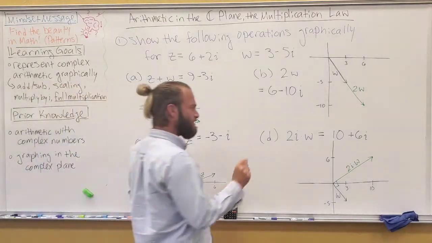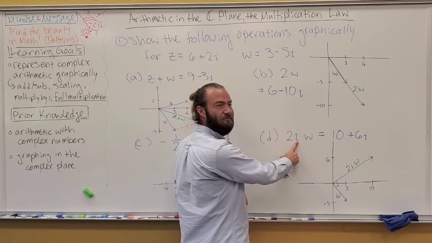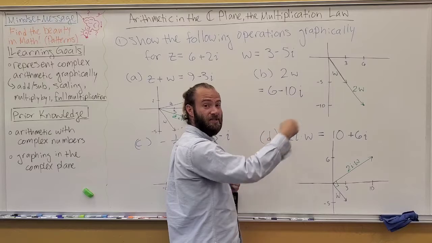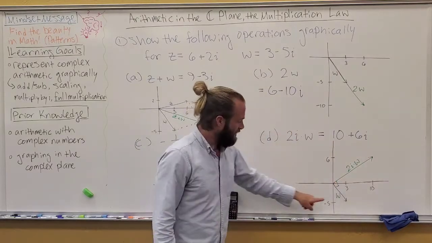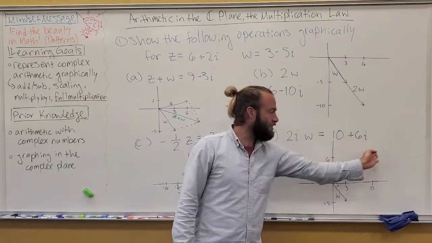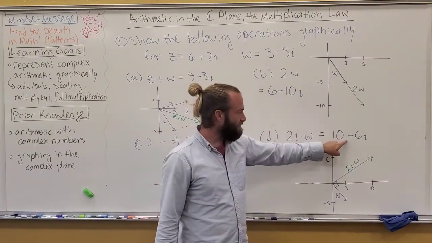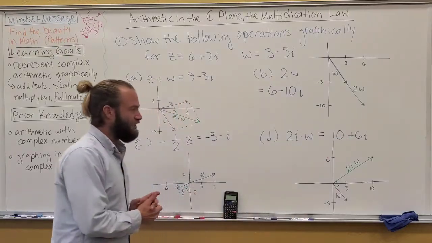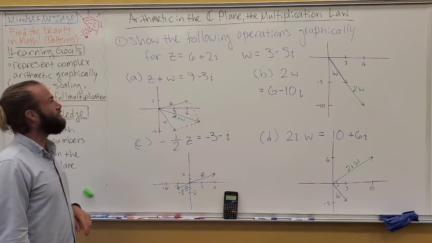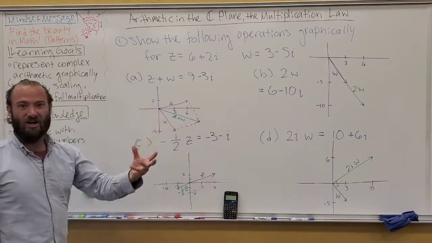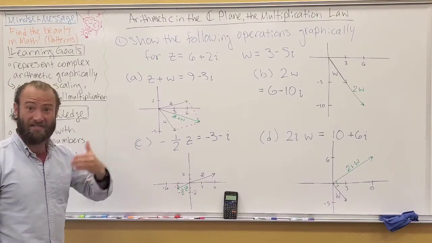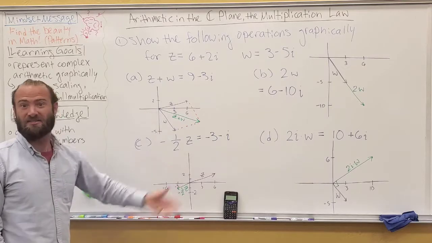And then last, this one's a weird one too. When we multiply by i, 90-degree rotation, right? But then also the 2 makes it twice as long, and that's exactly what happened. If you look at w here, it rotates 90 degrees counterclockwise, but it also becomes twice as long. And sure enough, if you actually perform the calculation, you get 10 plus 6i, and you can see that that happened. Let's go ahead now and dive into full-on multiplication. If I have two full complex numbers that are in the form x plus yi, like 2 plus 6i or something